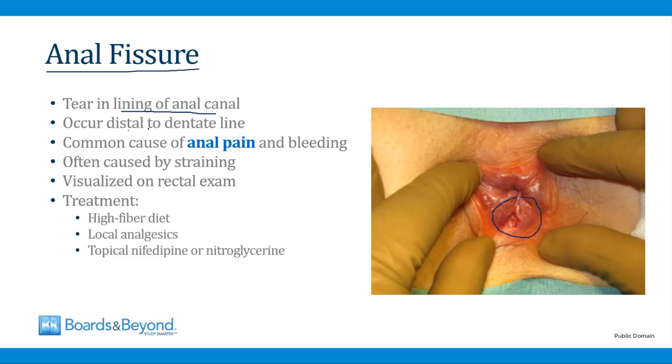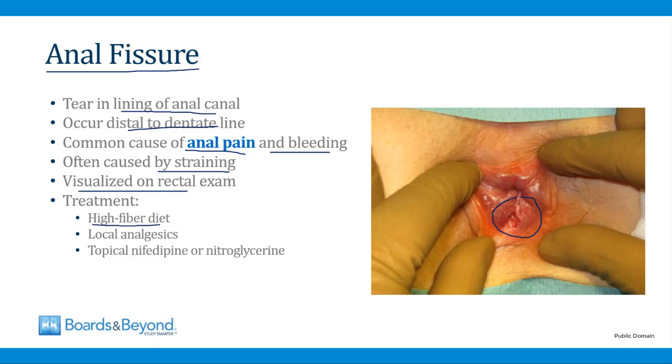These occur distal to the dentate line, and because of this location, they usually cause anal pain as well as often bleeding into the stool. And the usual cause of an anal fissure is straining to move the bowels in patients who have hard stools. Like I said, the diagnosis is usually made by visualizing the fissure on rectal exam,